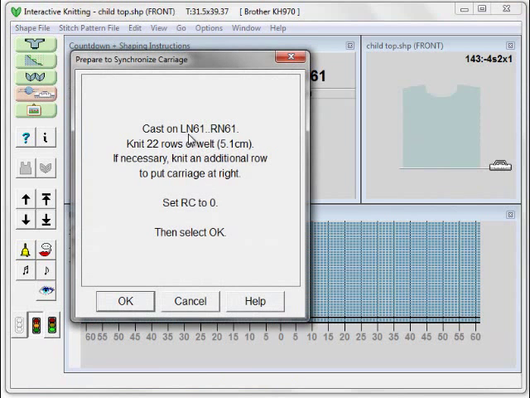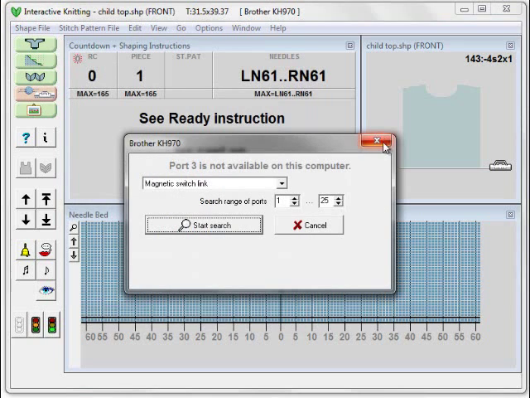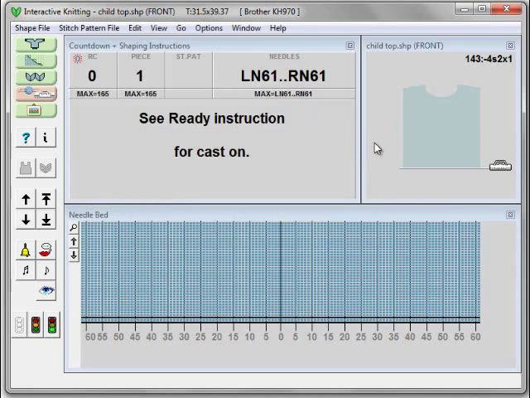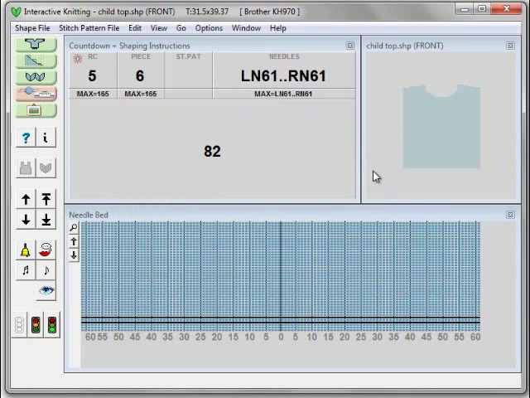cast on left needle 61 to right needle 61, knit 22 rows of welt. This is 5 centimeters. This is the ribbing. If necessary, put an additional row to put your carriage on the right. Set the row counter to 0 and select OK. And it's not connecting to my knitting machine because I don't have the cable connected right now. I need to knit 86 rows